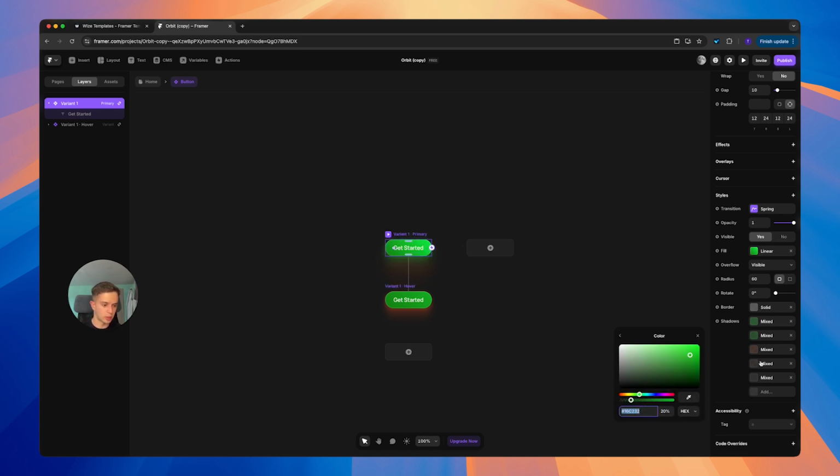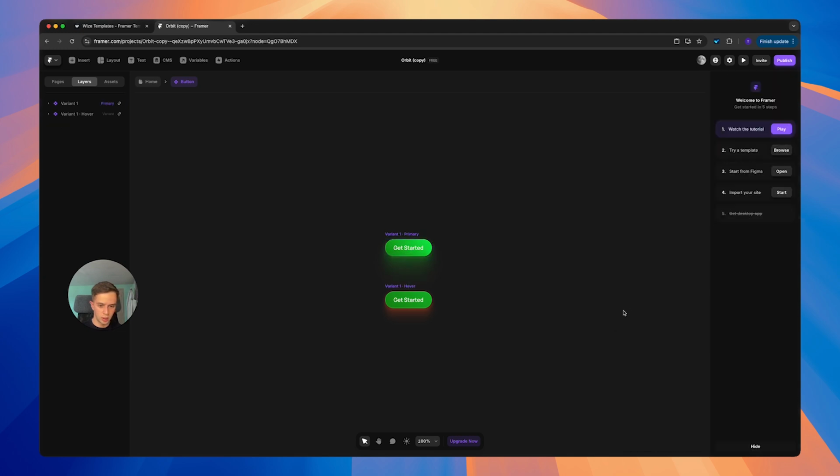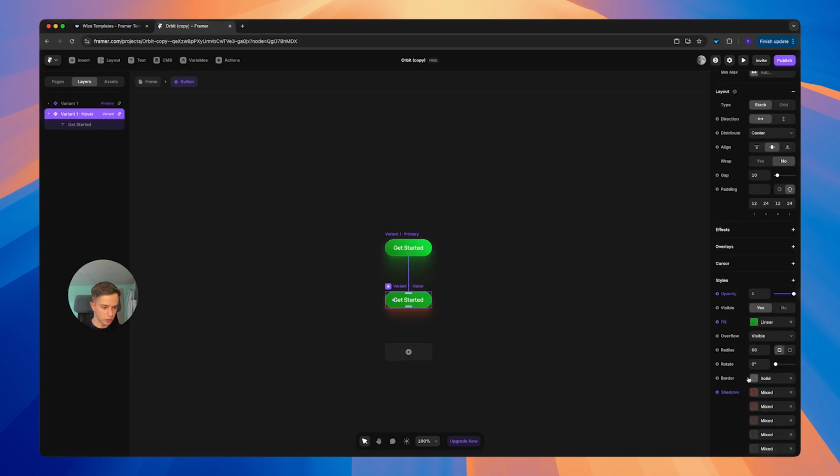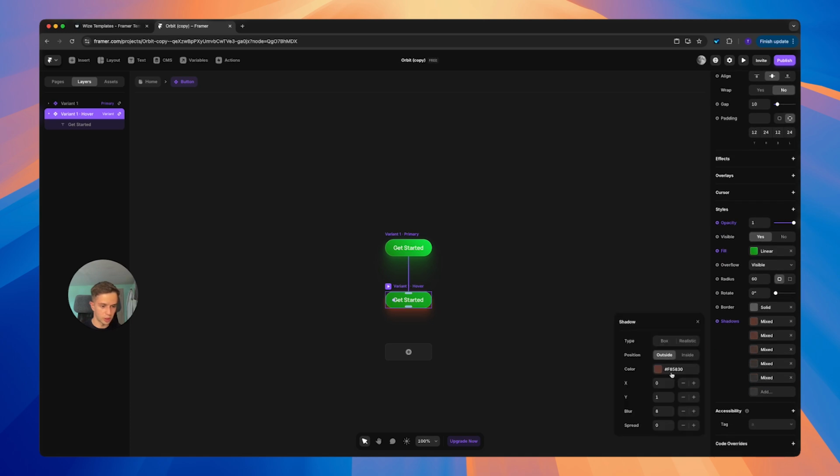I'm just gonna copy this code. We're gonna go here, we're gonna make it 12, and then same thing here, same thing right here, and we're pretty much good to go. I'm just gonna apply the same color code to the shadows on the hover effect, so you can follow exactly what I'm doing. It might be a bit confusing if you haven't gone through the Framer Basics tutorial, but if you just follow along, if you pause the video and do exactly as I do, you should be able to